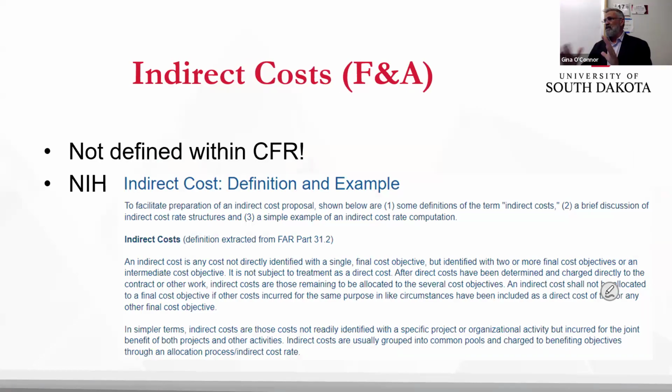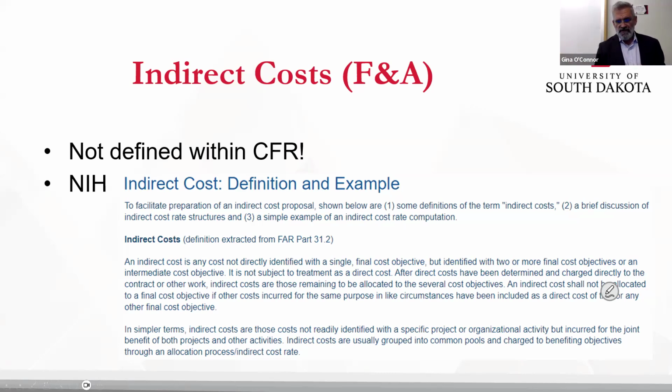Indirect costs, F&A, they're equivalent terms. And you'll hear overhead also thrown in there sometimes. So really overhead, indirect costs, F&A, all the same sort of things. They are not defined within the Code of Federal Regulations, other than they're everything that isn't a direct cost, which is really what NIH has as part of their definition